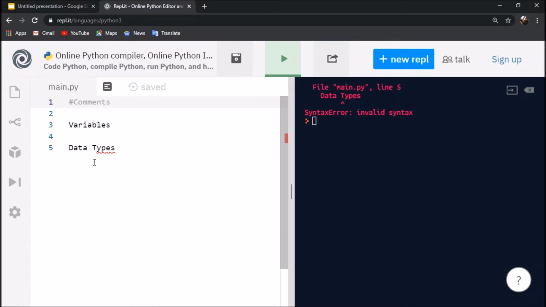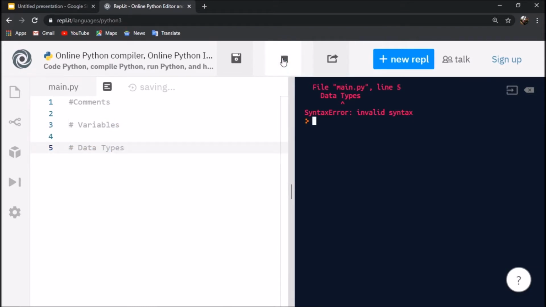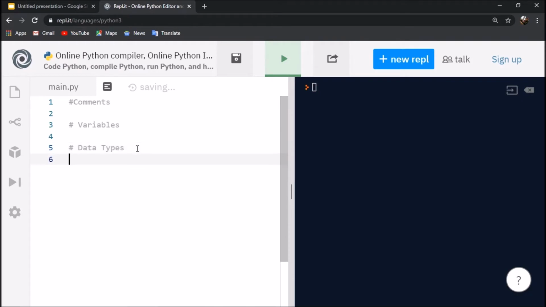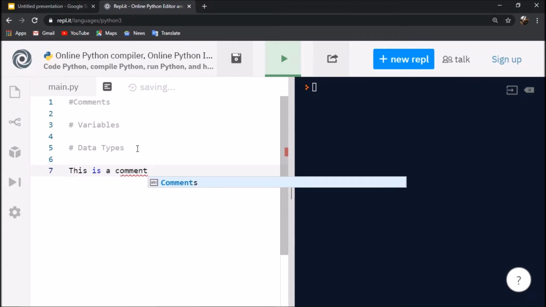Because there are multiple lines, what we could do is select this and just press Ctrl+/ and it will comment everything. So if I run this now, it won't show me any error, right? Let's see one more quick example. I can just have a hashtag, or I can write this is a comment or whatever. Okay, use Ctrl+/